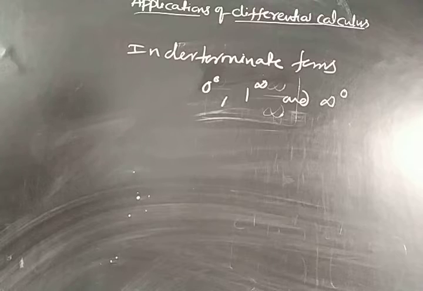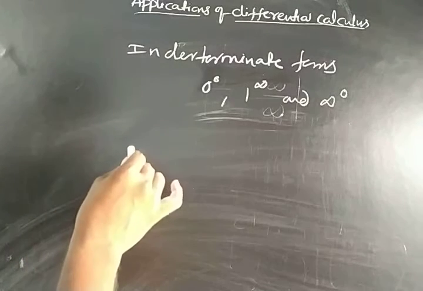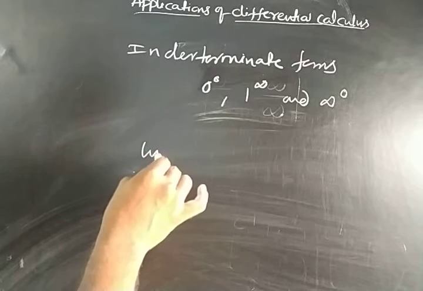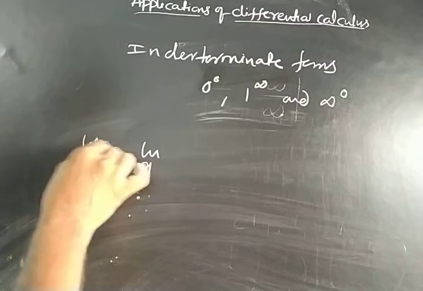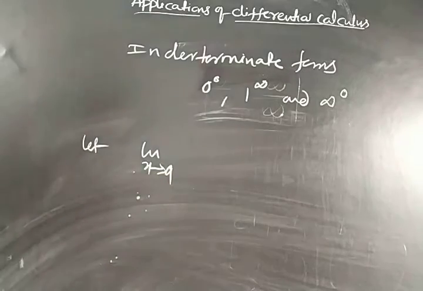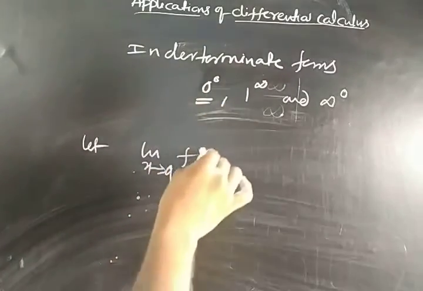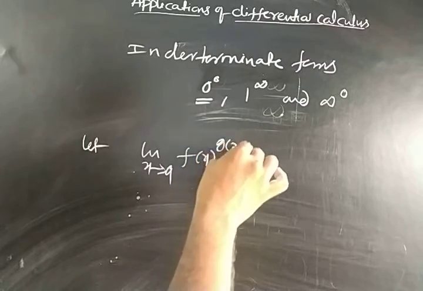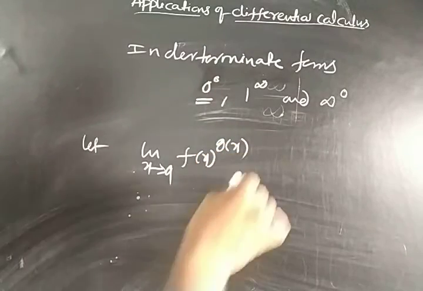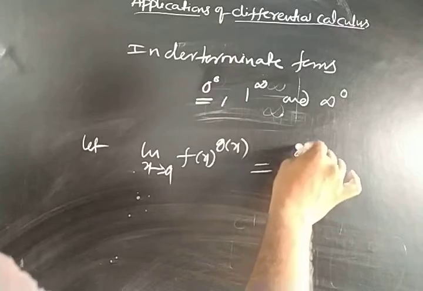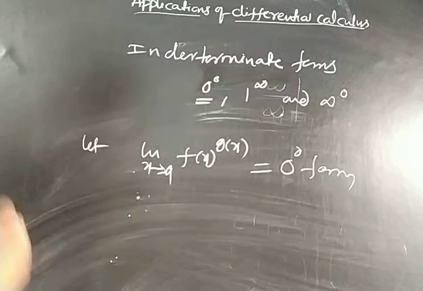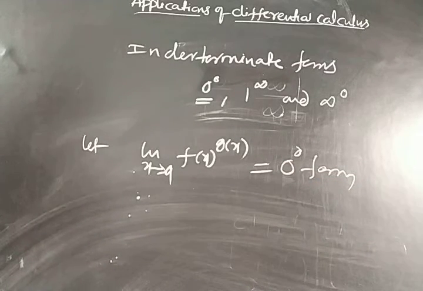Suppose you are getting a limit, as x tends to a, of f of x whole power g of x, which is a 0 power 0 form. If you are getting this as a 0 power 0 form, then what you have to do,